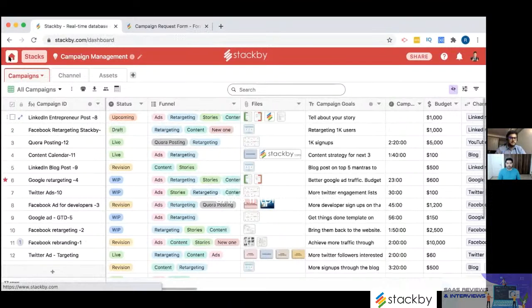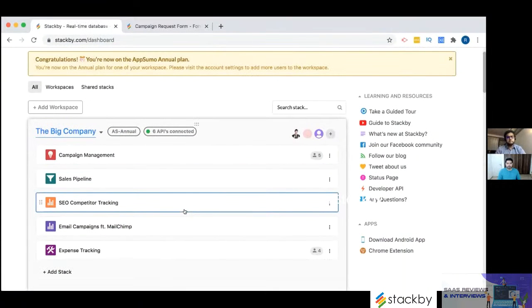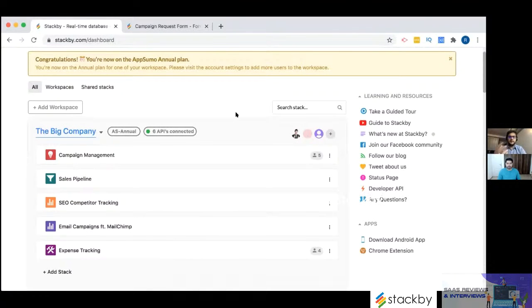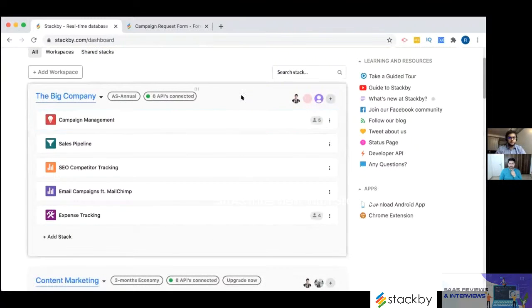We also have, so our biggest USP is that we can also connect our columns to third-party services. One of the things that I've realized is that today, there are so many APIs of different services, and those APIs are almost always non-accessible by a non-technical user. As a non-technical business user, I don't know how to access these APIs. Only developers know how I can bring data from APIs, right? So we wanted to make it easier for non-technical people.